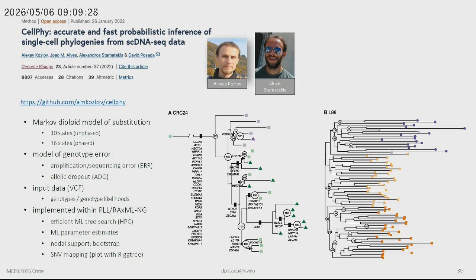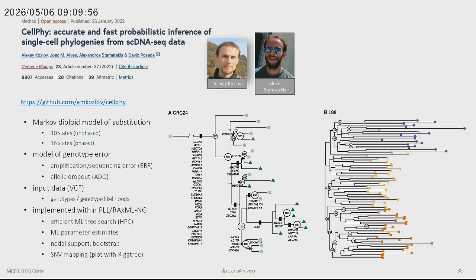Who's going to be better for this than Alexis? So I call Alexis and say, hey, Alexis, I have this deployed genotype model and this error model. Can you do something with this? And he says, of course. He and Alexei implemented this in RAxML. So voila, we have a likelihood, a program called SCIPhI, to estimate single-cell sequencing trees, where you incorporate